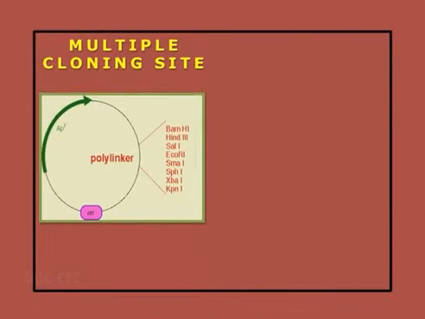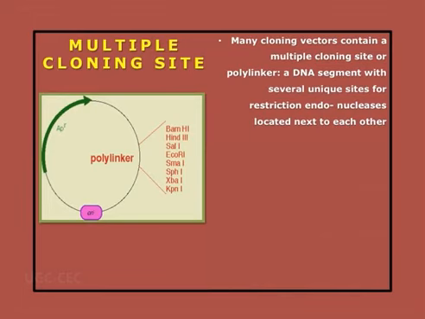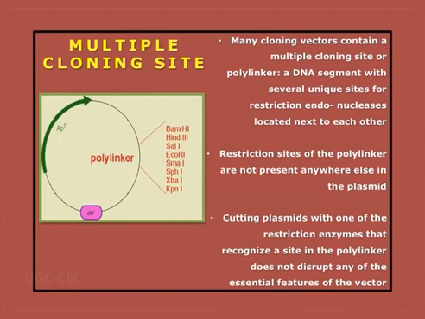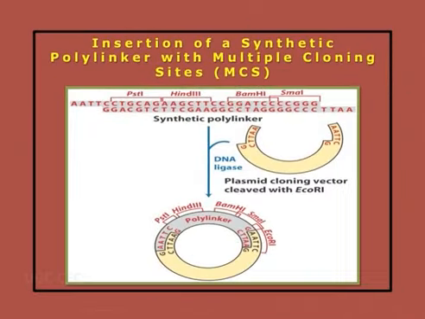Next, the important point, as I said, the existence of multiple cloning sites. It basically comprises of unique restriction endonuclease recognition sites which are absent anywhere else within the vector DNA. Means within this region we can introduce the gene of interest without cleaving the vector or without losing the integrity of the vector. Next is, there are certain vectors wherein this unique restriction endonuclease sites may not be present naturally. Under such circumstances, we create restriction endonuclease cleavage sites and we call them polylinker sequences, and they are artificially introduced inside the cloning vehicle.